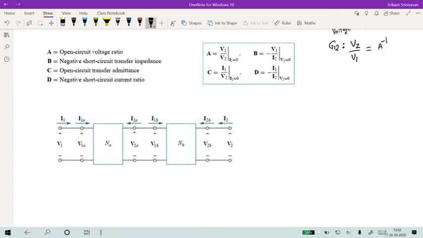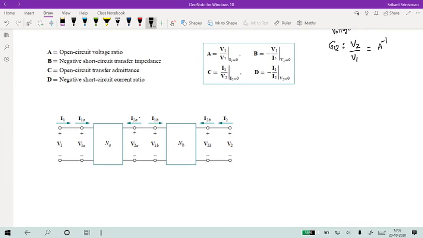So at the input, you have the current I1, and this current I1 is the same as I1A. Okay. And then I1A results in I2A. I mean, the two port network transmits I1A to I2A. And then you have I1B. These two are basically equal and opposite of each other. I1B results in I2B, and I2B is nothing but I2 over here. V1 is the value of the voltage at the first port, which is V1A. V1A results in V2A and so forth. So this is a chaining of systems.